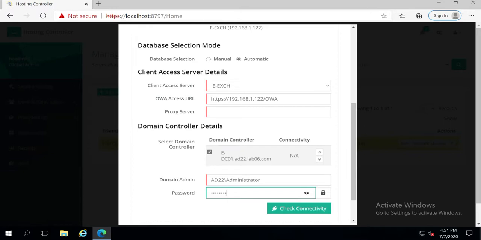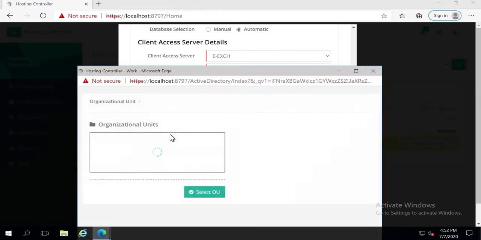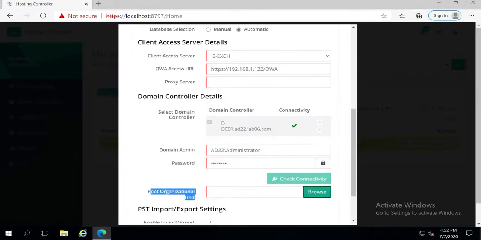Let's say if you create any service account, then this account must have full privileges on the root organizational unit, which I will select in this step. What is the root organizational unit? The root organizational unit is where all the tenants that you create from the control panel will be created. Let's say if I go back to my Active Directory,